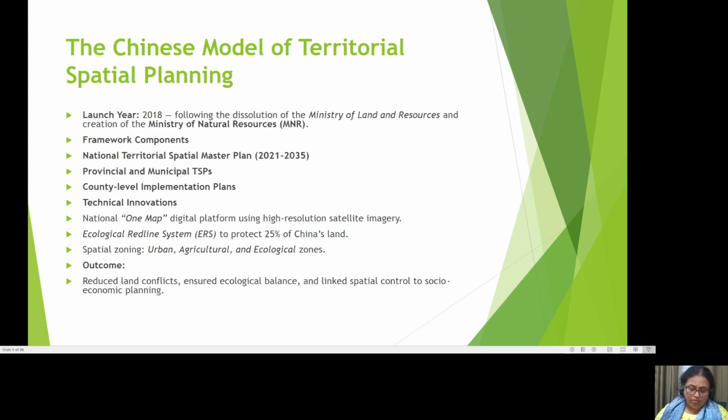The key global drivers have reshaped how we think about planning. The UN Habitat's New Urban Agenda called for multi-scalar place-based approaches. The Paris Agreement 2015 emphasized spatial resilience for climate adaptation, while SDG 11 and 13 linked sustainable cities with climate action. Since 2018, the OECD Territorial Review Series has advanced territorial governance models. Together, these global shifts underpin the conceptual pillars of